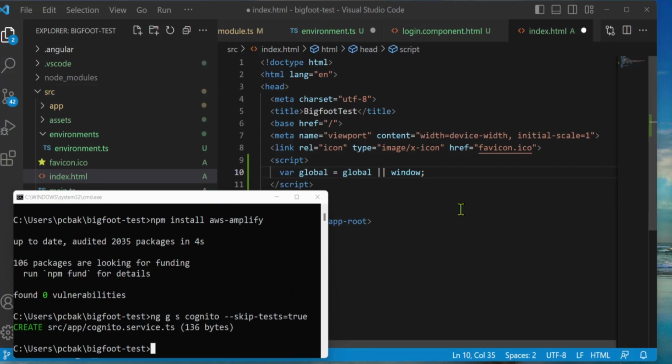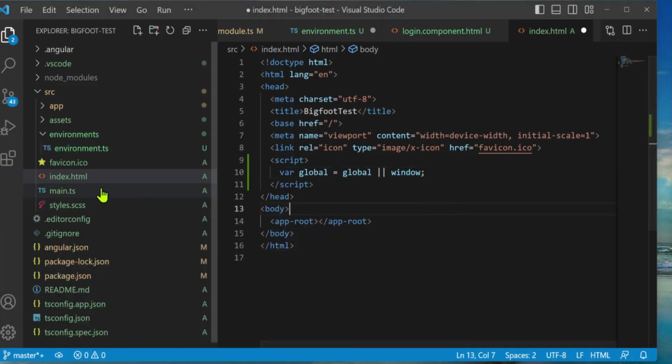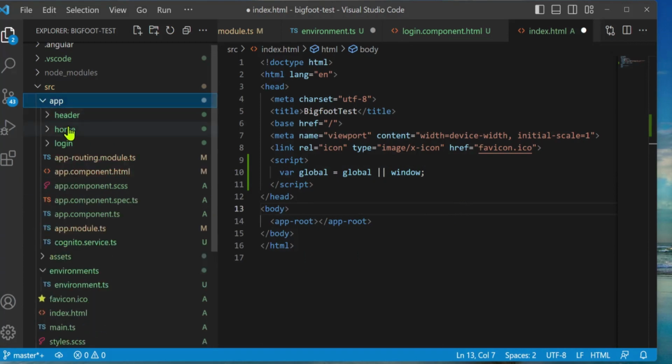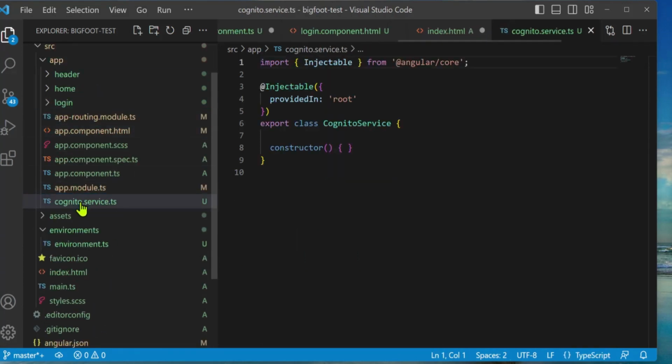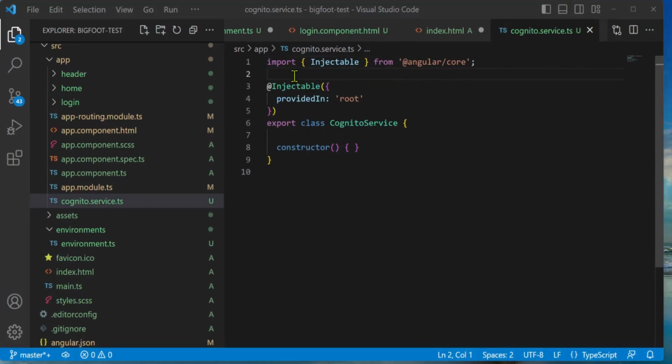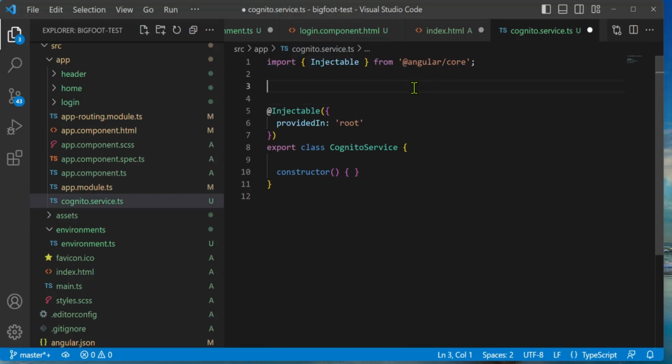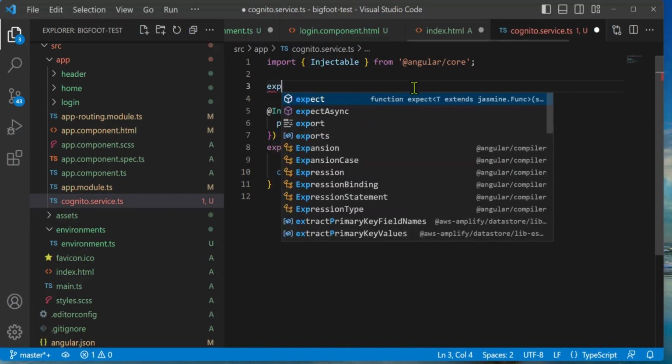And there it is. Let's take a look. Open up your app. Here it is, Cognito service. In our Cognito service, I'm going to add an interface for the user information. So underneath import, but above where it says injectable, let's do export